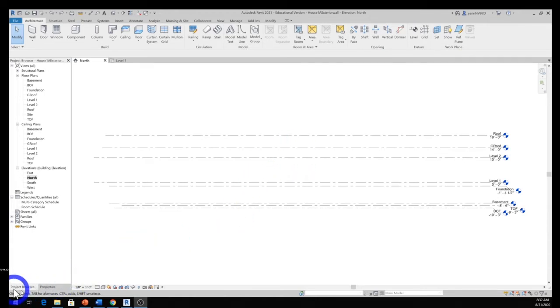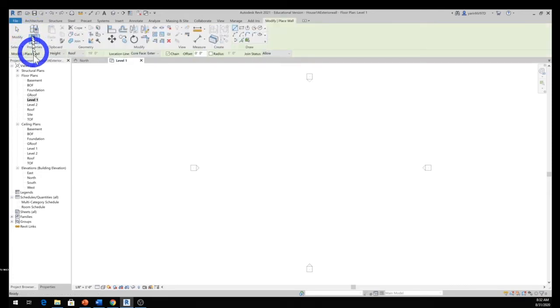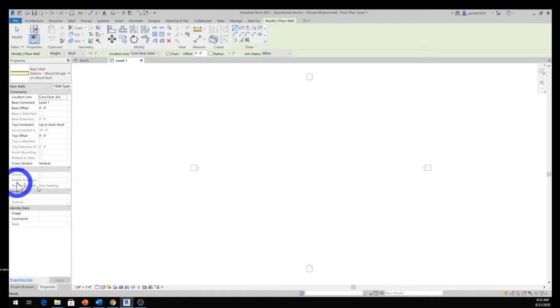Let's go to the project browser, select level 1, and now we can go ahead and do our exterior wall. Go up on the ribbon right here and select architect. From the architect tab, you come down, select wall. Once you have selected wall, go to the property palette. Again, yours could be split, or it could be stacked up like this one. So once you go to the property palette, up here you see, click down on this tab right here, and